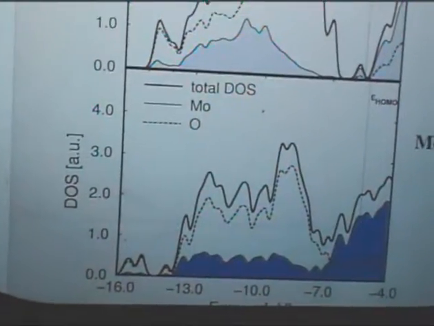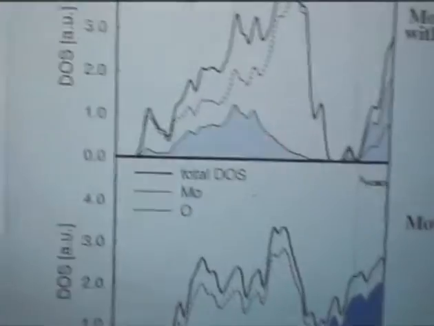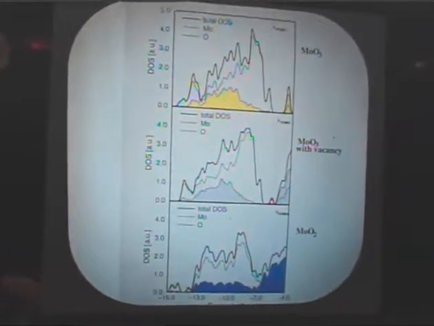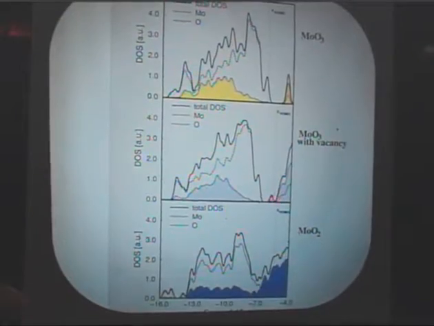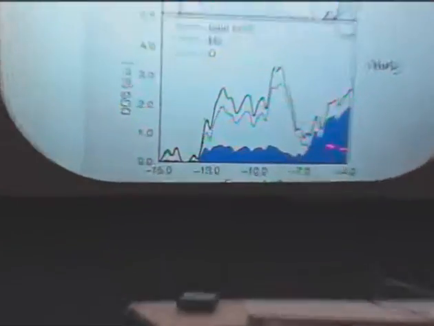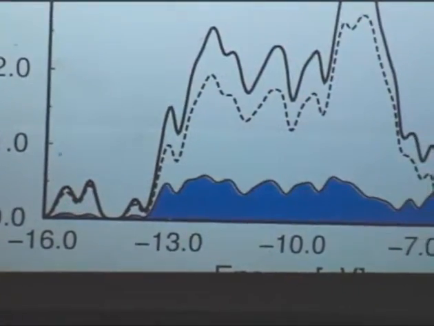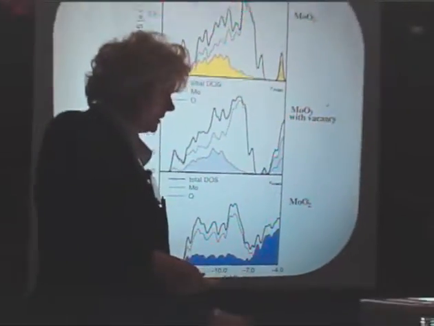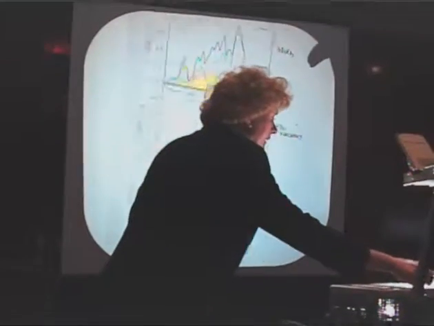We start with the isolator. By making the oxygen vacancy, we are reducing the molybdenum, forming this additional peak, and we are going to the metallic-like character in the case of MoO2. In fact, this corresponds very well to the experimental data which